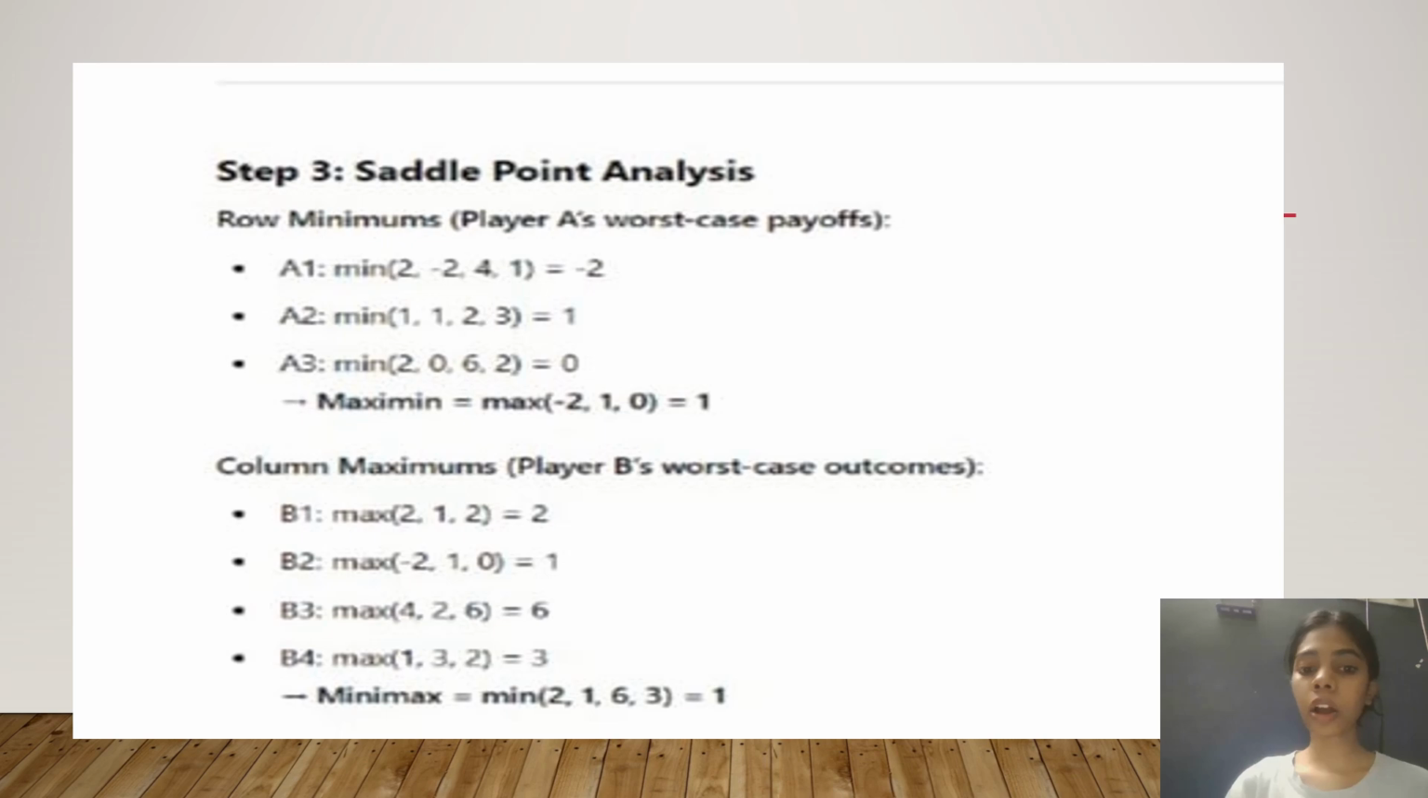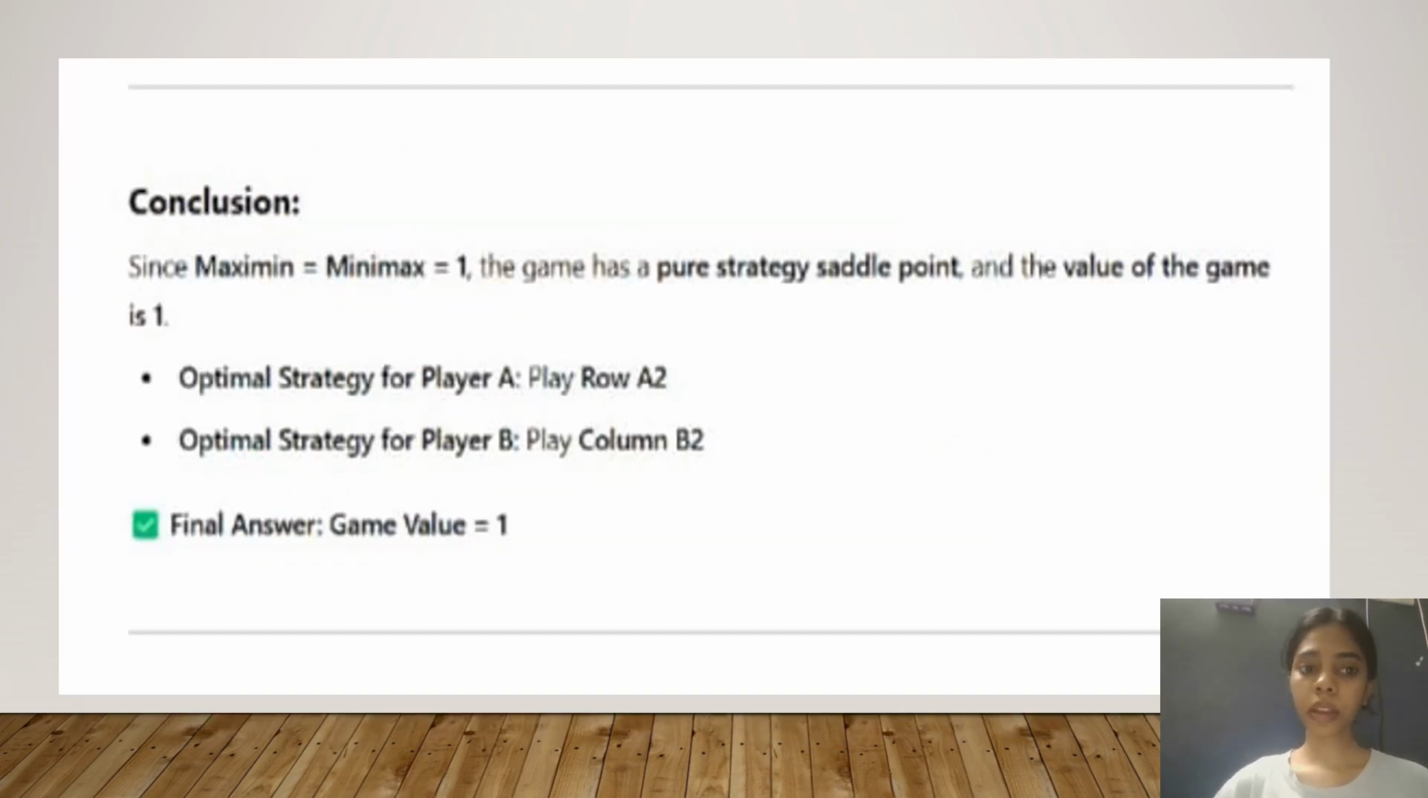Similarly, we do it for the columns, that is, player B's worst-case outcomes. For B1, the max of 2, 1, 2 is 2. For B2, the max of -2, 1, 0 is 1. For B3, the max of 4, 2, 6 is 6, and for B4, the max of 1, 3, 2 is 3. Among all these, for the minimax we take the minimum, that is 1. And we get the conclusion that since the minimax and maximin are the same, that is 1,